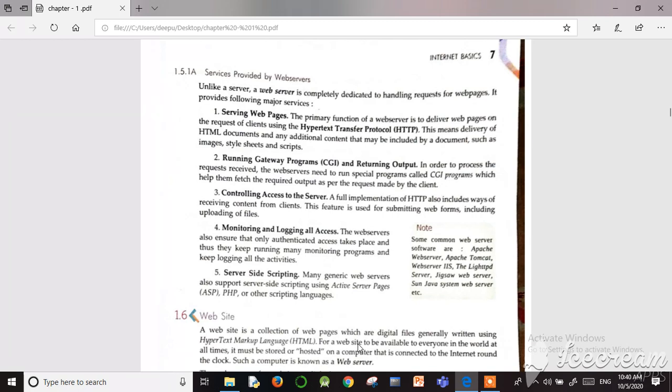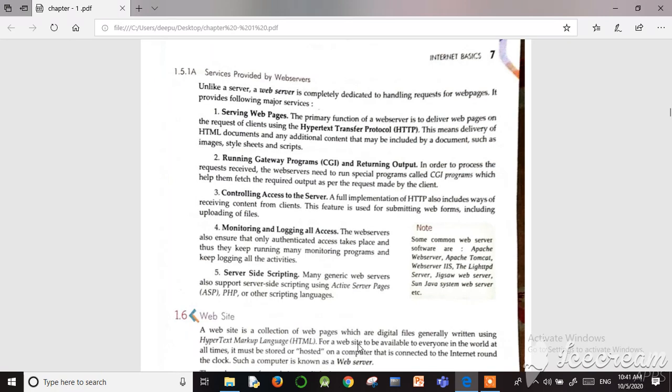For example, if you need to fill in a form on the internet, like entering your name and age, then uploading some files or your image, that is called a web form. To upload those to a particular server, we need to control the access to the server. This is also provided by the web server.